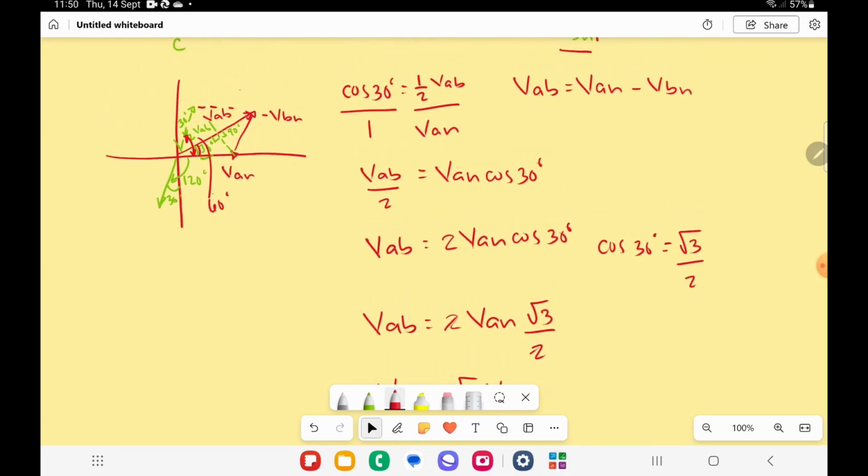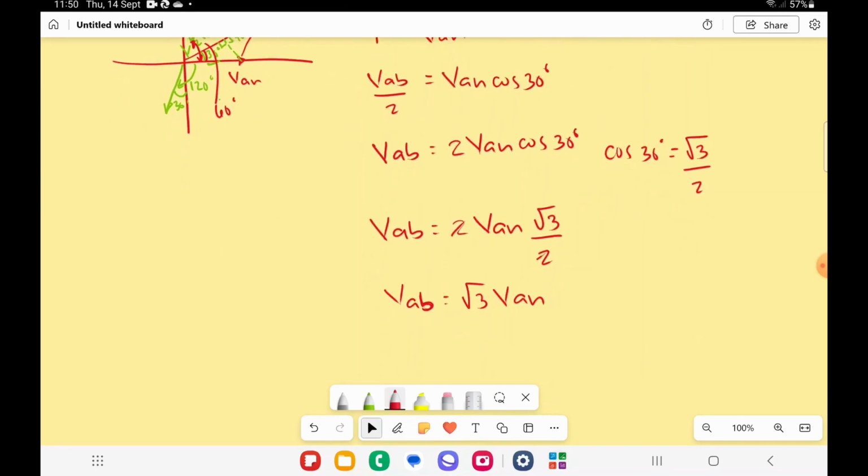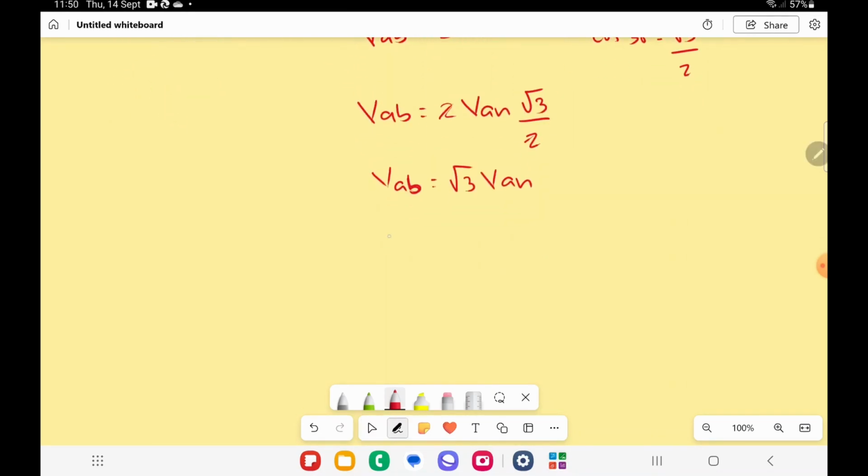If we look from the phasor diagram, we can say that VAB leads VAN by 30 degrees. Therefore, VAB will become